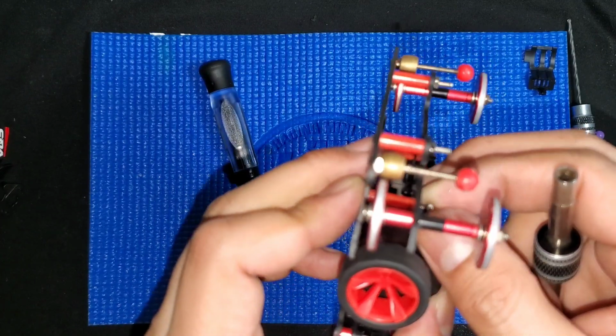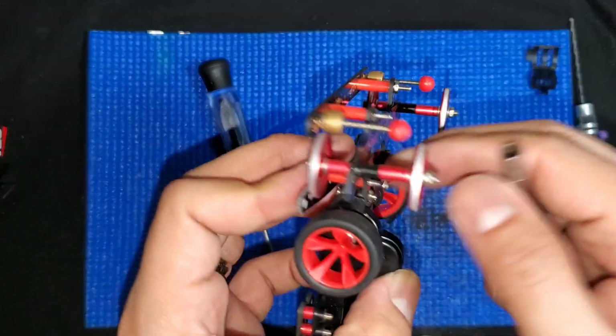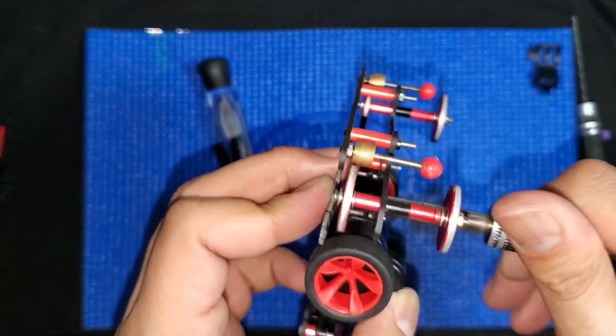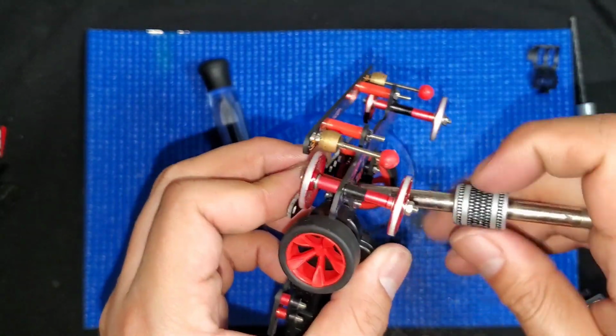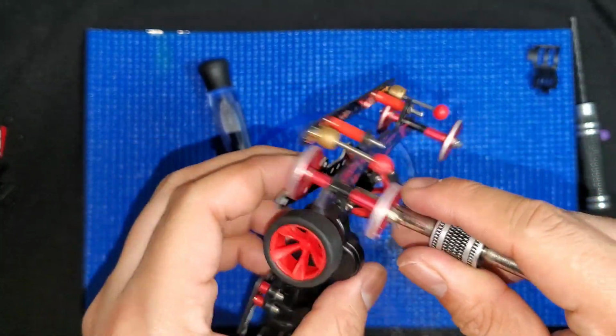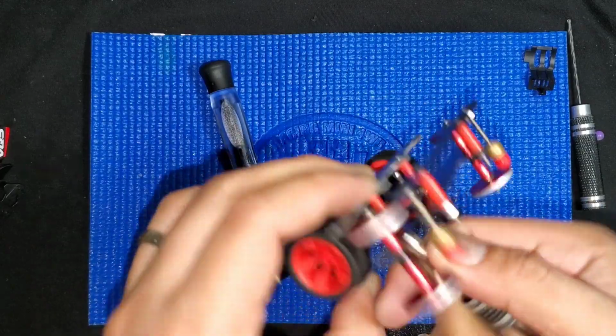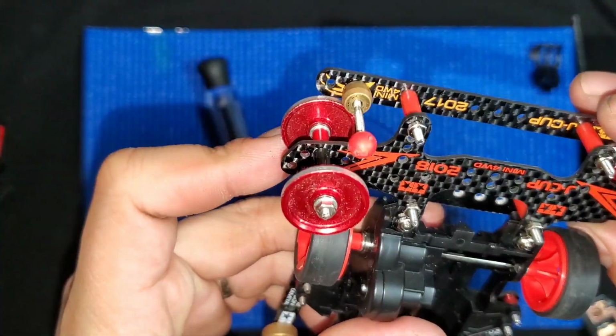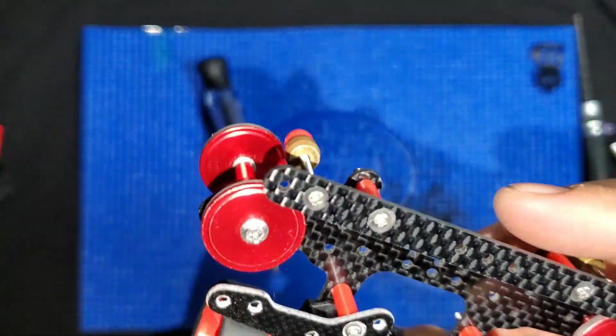There you go. So you can explore and build your own. There's no such thing as default setup. This is only a guide for you guys. And because it's a VZ chassis, there's really no setups out there online on the internet, YouTube or wherever. So this could be a guide for the people that are